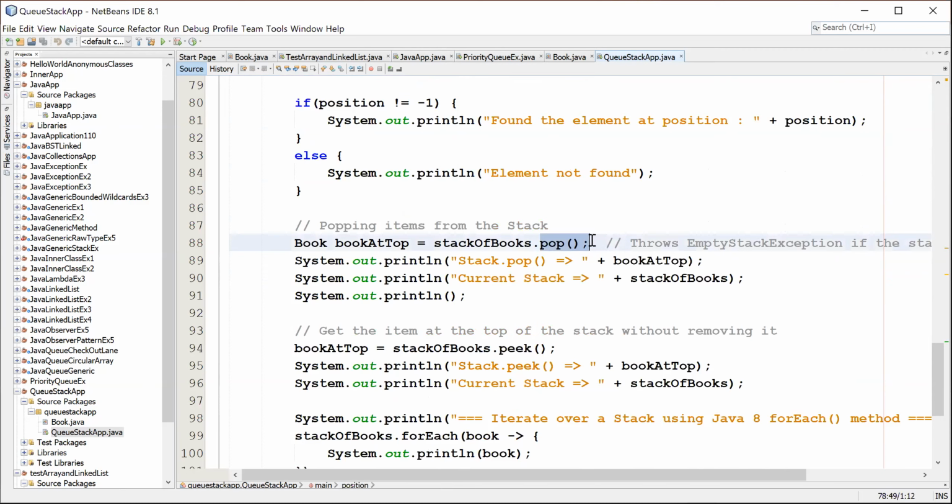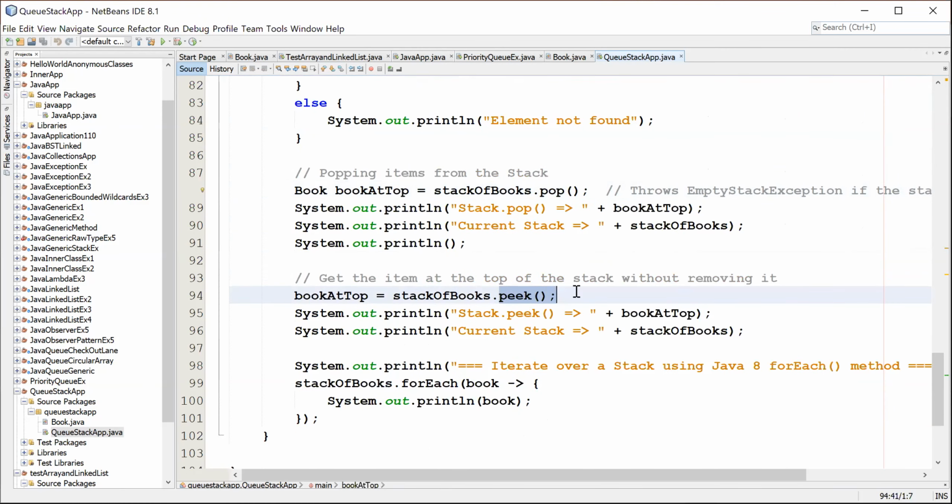We can also pop the top item, and we can also peek at the top item. The stack also supports for each, and we know this is for each because of Iterable. So that's the general idea about